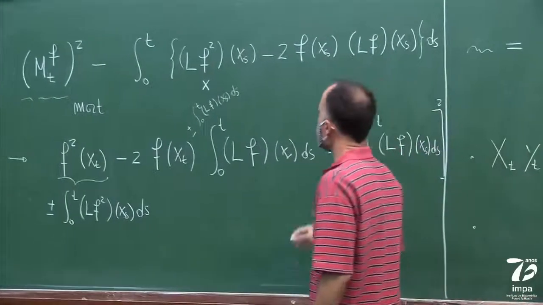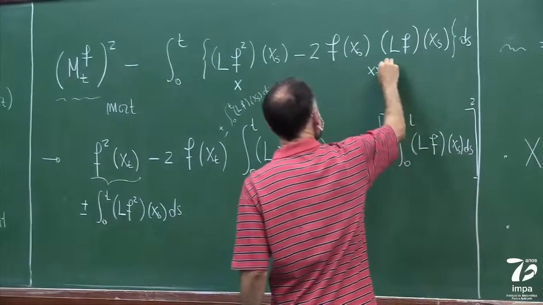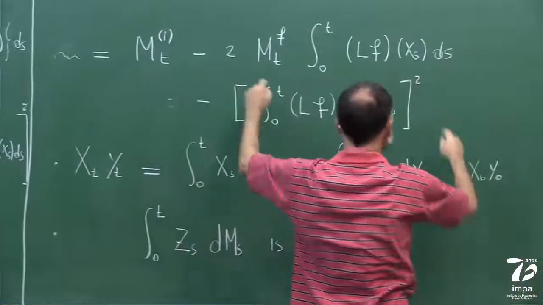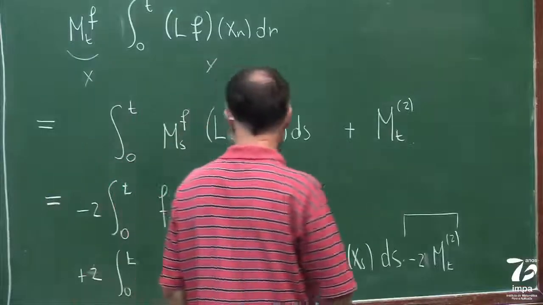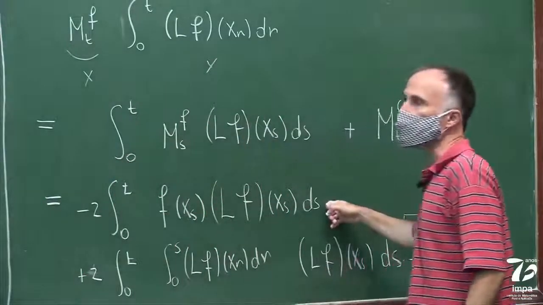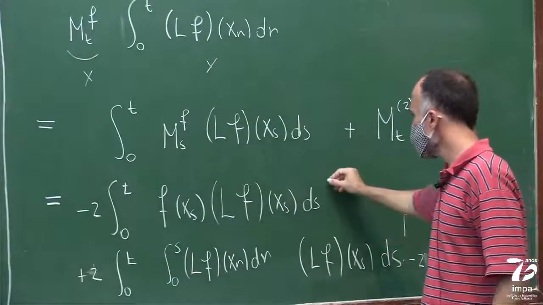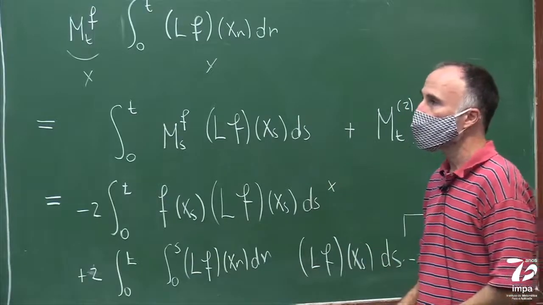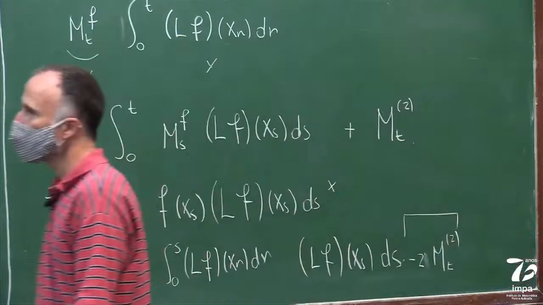So when I'm computing this term with the minus 2 in front, what I obtained is exactly this term. So this term here will cancel with that one, which means that up to now,